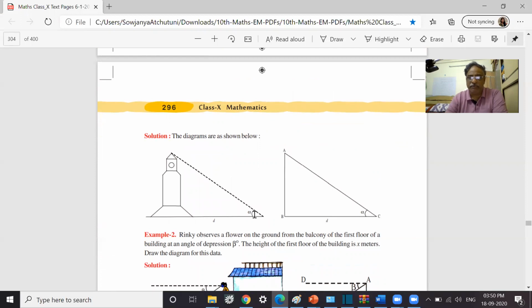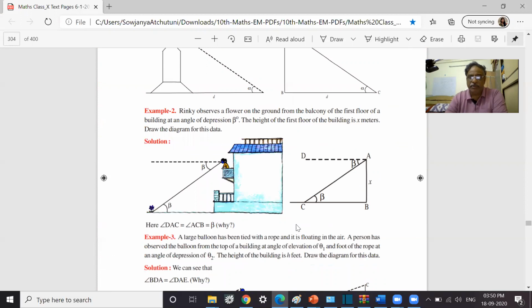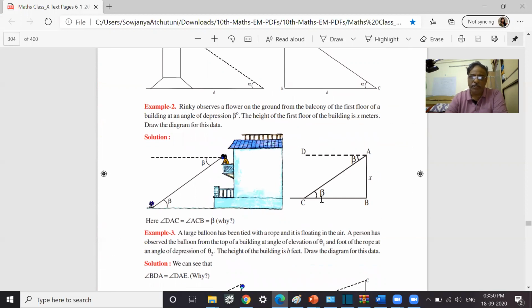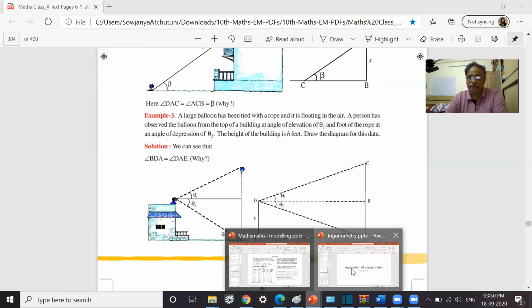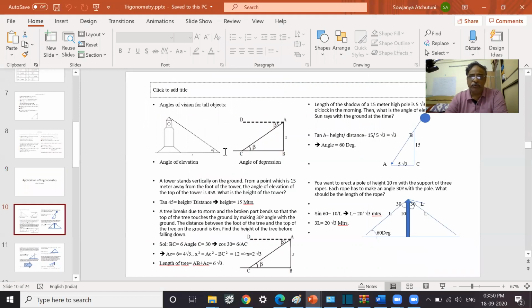See here, this is angle of elevation. So if it is alpha, this is angle of elevation. Here you see, this is angle of depression. From the top, when we look down, we call it depression. From the bottom, when we look up, we call it angle of elevation. So here we have both. From here we are seeing angle of elevation and this is angle of depression. Here theta is also angle of elevation. So in trigonometry we use this angle of elevation and angle of depression.